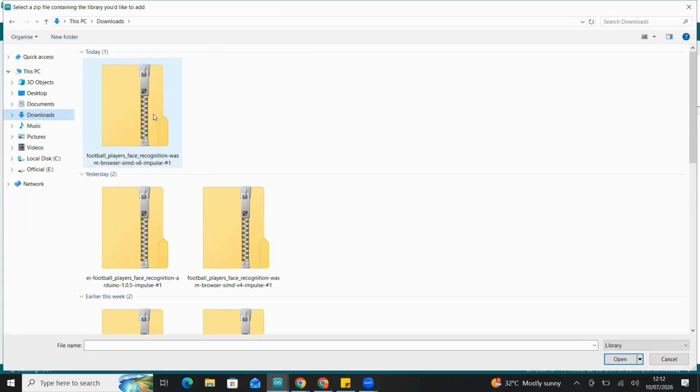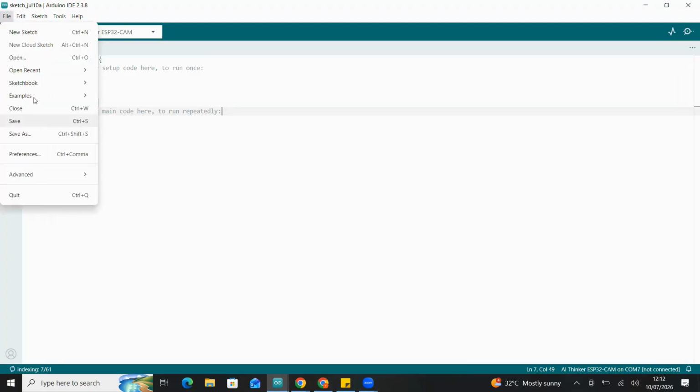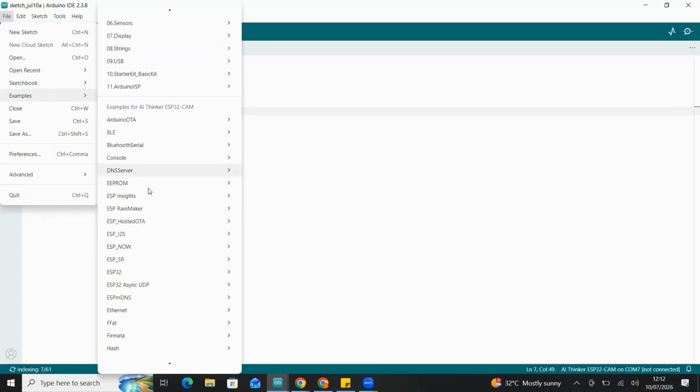.zip file. Once you click that and click open, it will take one or two minutes and give you a message that it is processing your zip file. After that, we can start making use of it in the project. So now let's say that our zip file got installed. In order to view the project from that zip file, you can just click File, Examples, and under the menu called